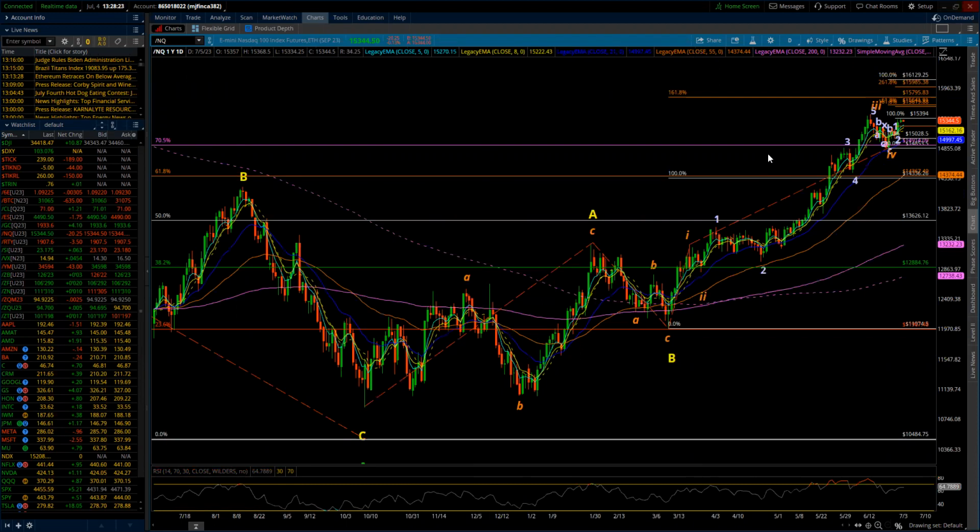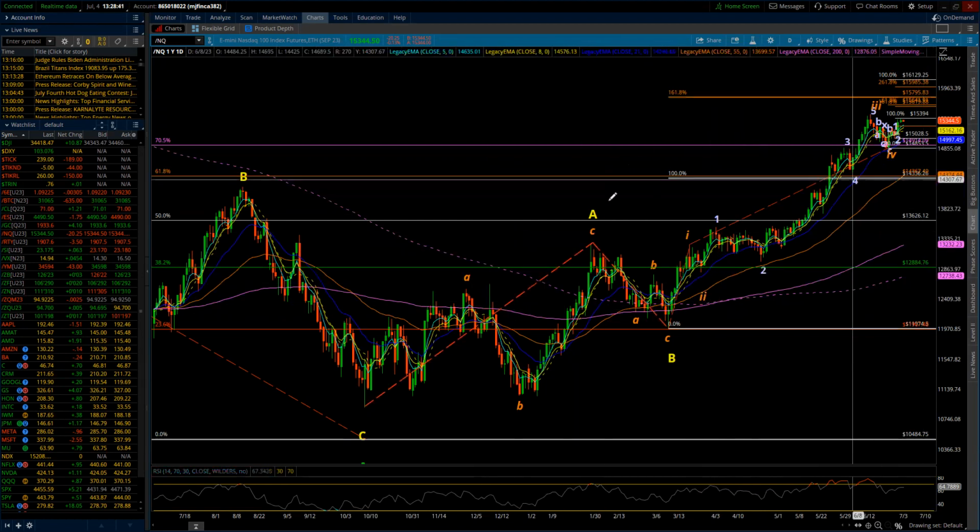Now, could it be that Apple just keeps on going and its next level is 200 and then they're just going to keep pumping money? Yeah, they could. But I think we got a lot of other stuff coming in between. So I'm going to stick with my lower levels for right now.